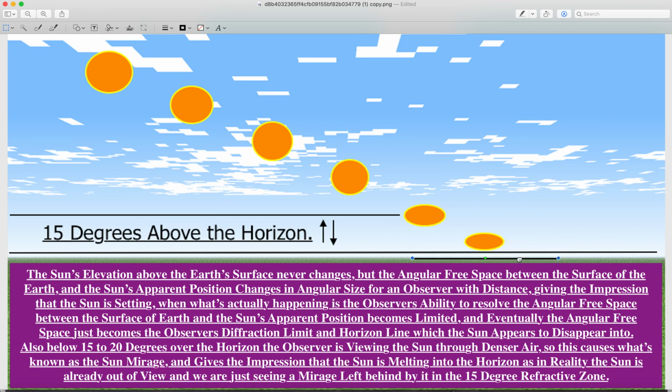But what we see in the evening time is not the sun, we see the mirage left behind by the sun, especially in the warmer weather. We see the mirage left behind by the sun. Now, I've spoken about this a few times before, and it hasn't really caught on. But what people should catch on to in this whole thing is the angular free space and its ability to expand, like over here, right, and